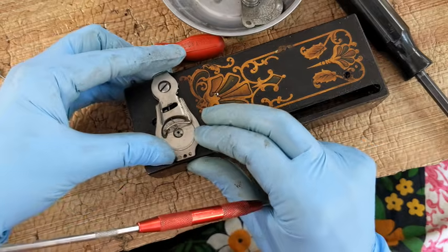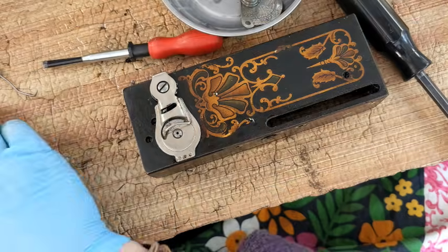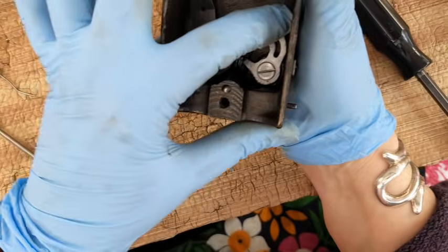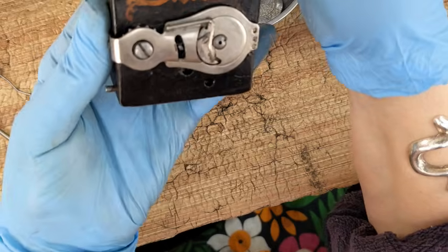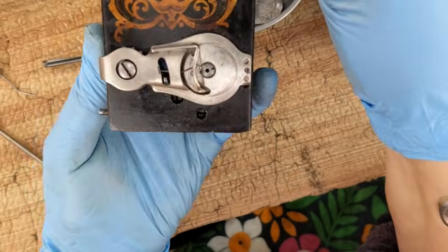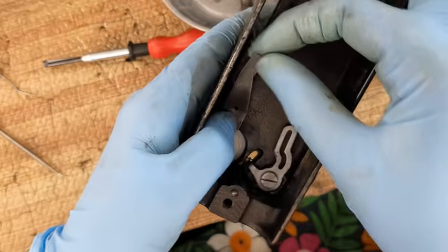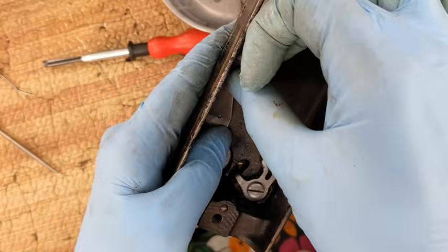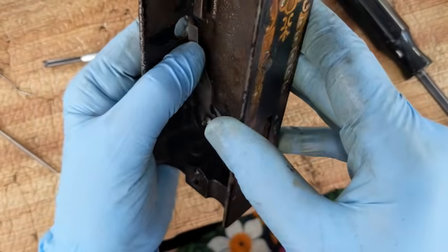So, all right. That looks right. That looks right. If I come inside and I move this piece, that should move that little finger up and down, which should move this little spring up and down once it's under tension, okay? That's the thought there. Now over here, this little piece, there's another little nub that's sticking out of the casting there, and there's a hole here. That little hole needs to pop on top over that little nub, okay? So now I have a spring up here,